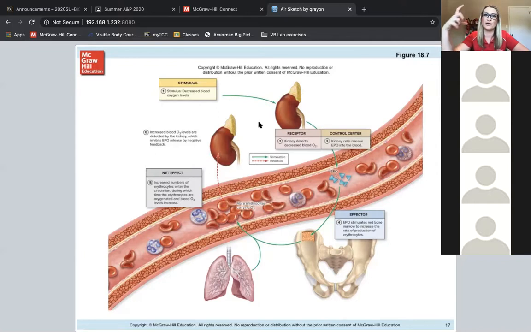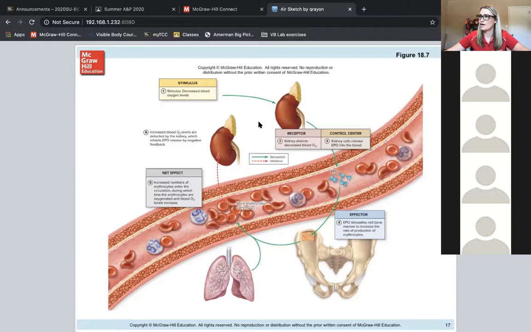Then as the embryo grows into a fetus and the fetus continues to grow, hemopoiesis happens in the spleen and liver. And then ultimately, as bones form and red bone marrow forms, the process starts happening there as well. So that's